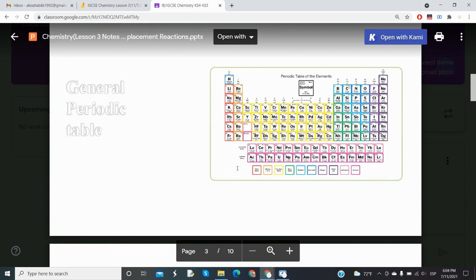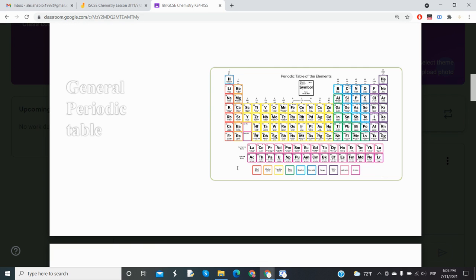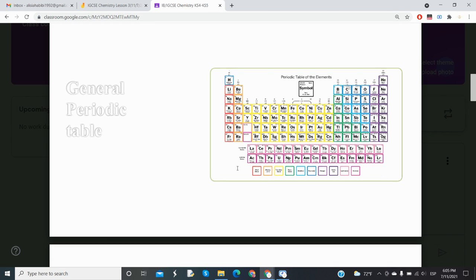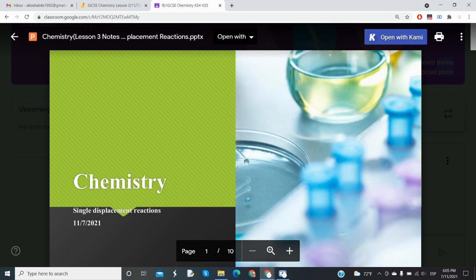Well, first, what we have to understand is that we have a reactivity series, and in our reactivity series, it shows which elements are more reactive than others, and as such, the most reactive elements tend to displace the least reactive elements. As usual, I have prepared this PowerPoint slide, and like I said, if you're interested in having these